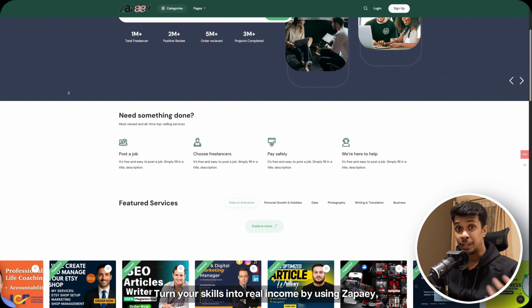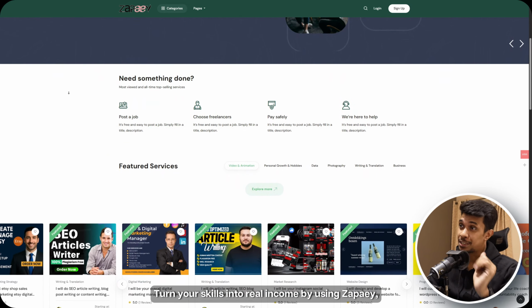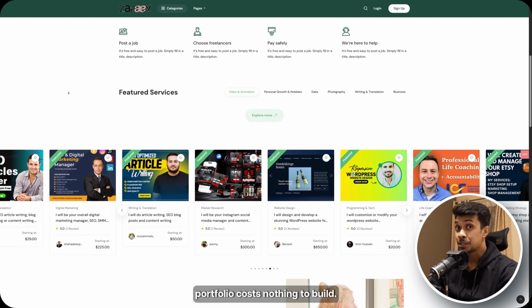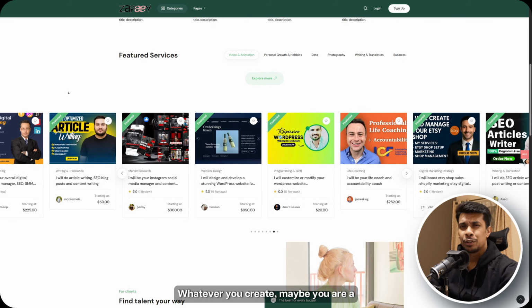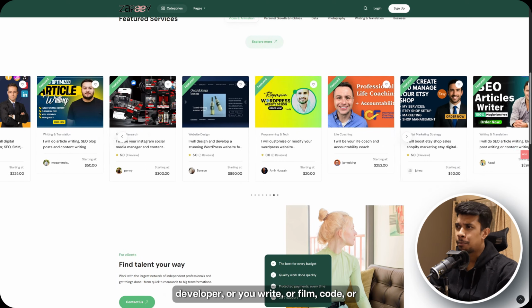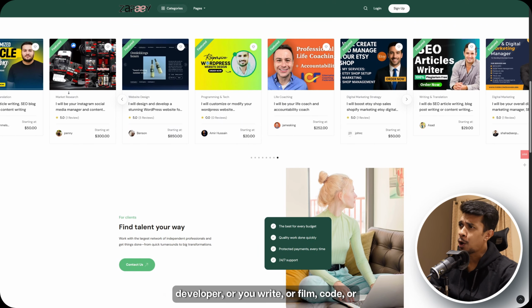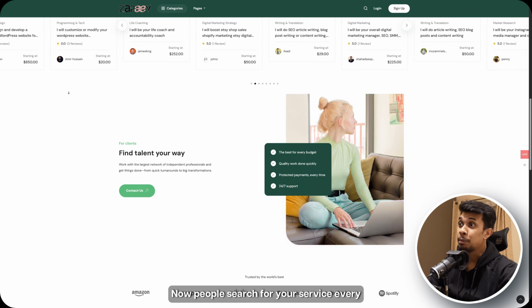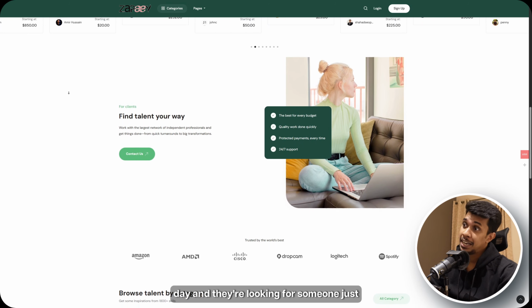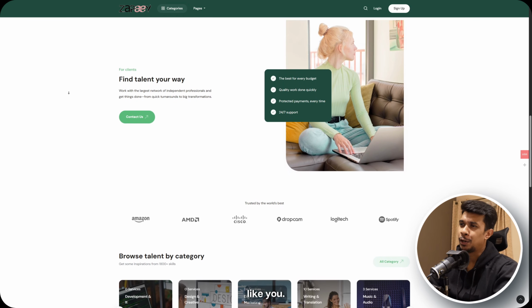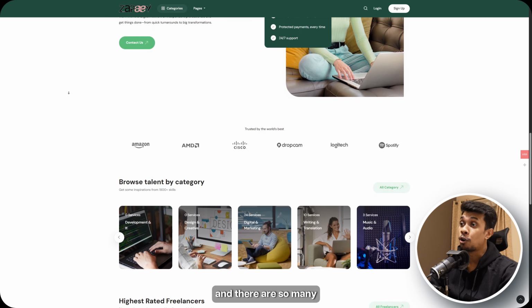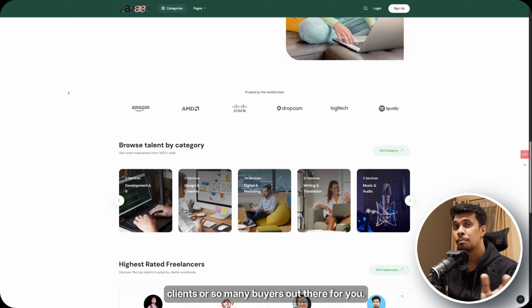Turn your skills into real income by using Zapaey, a platform where talents get seen and your portfolio costs nothing to build. Whatever you create, maybe you are a developer, or you write or film, code, or manage, whatever you do, this is your space. Now, people search for your service every day and they're looking for someone just like you. So publish your gig here and get discovered, and there are so many clients or so many buyers out there